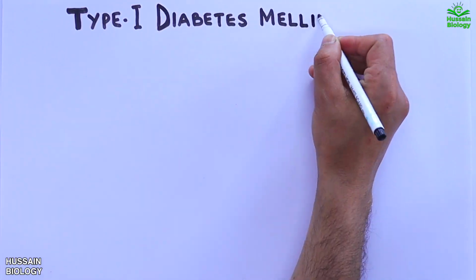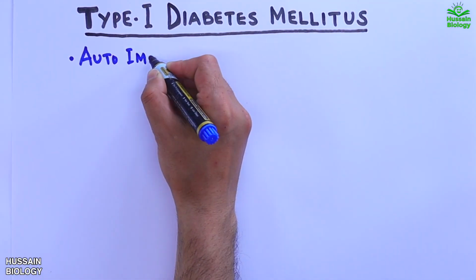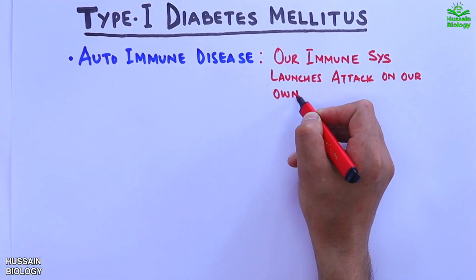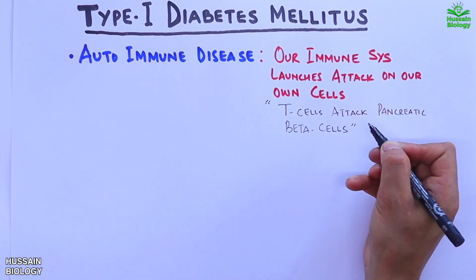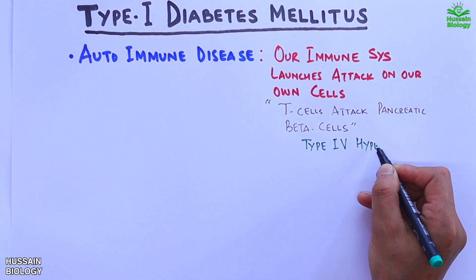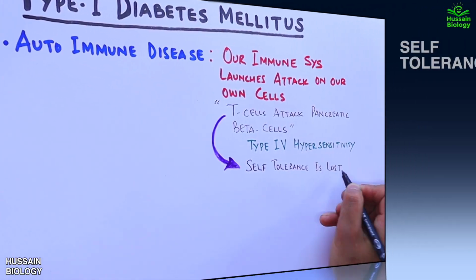Now in this video, we'll be discussing type 1 diabetes mellitus in detail. First of all, it's an autoimmune disease, where our immune system launches an attack on our own cells, like our T cells attacking our pancreatic beta cells. So that way, it's a type of type 4 hypersensitivity, where our immune system has lost self-tolerance,